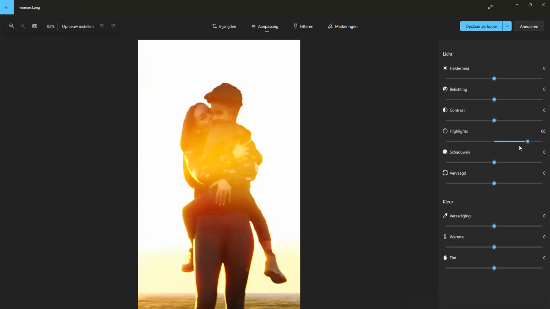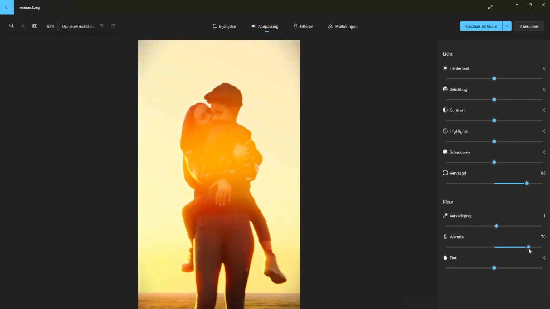Changing the highlights is not really going to work, giving it more shadows probably not. Changing where the light is, making the light more intense, a brighter image overall is not going to work. Getting this more saturated or less saturated,